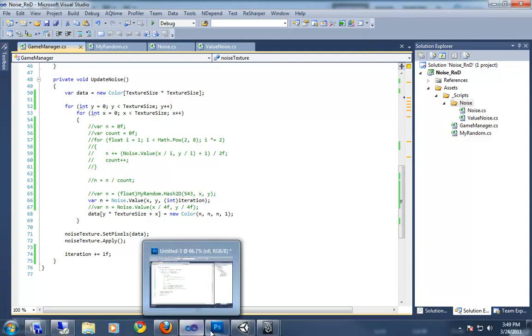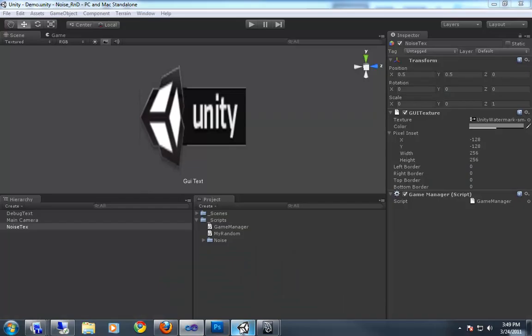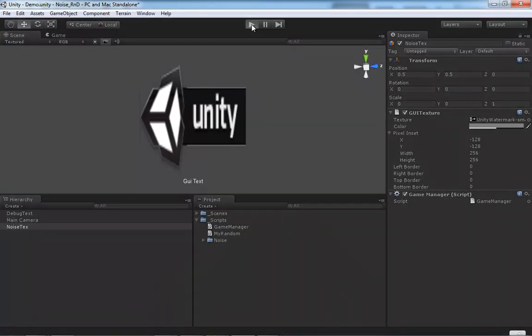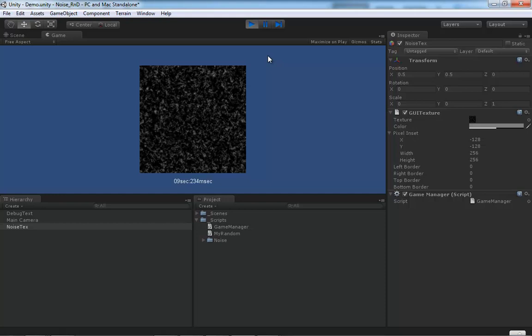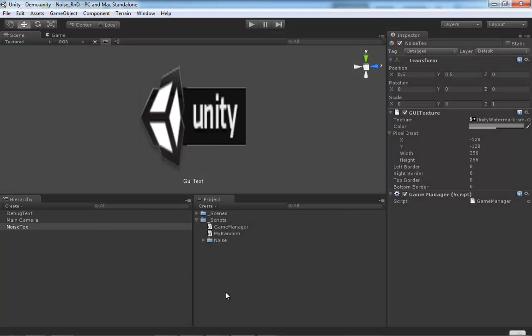So if we go back to here and hit play, so 9 seconds per iteration. And then we've got the black going on again. So if I pause that